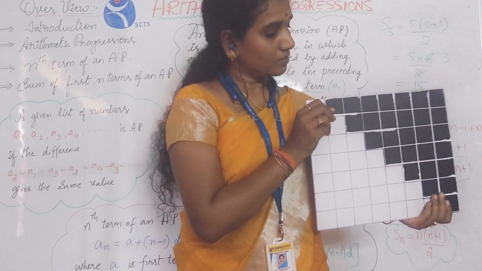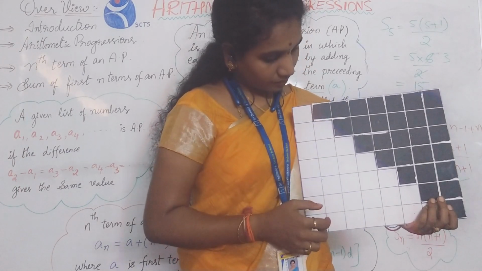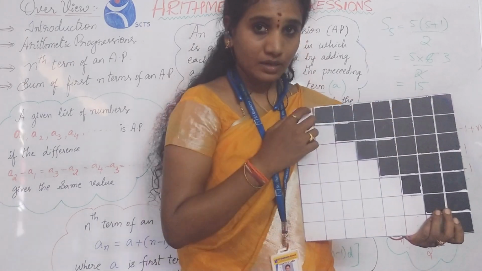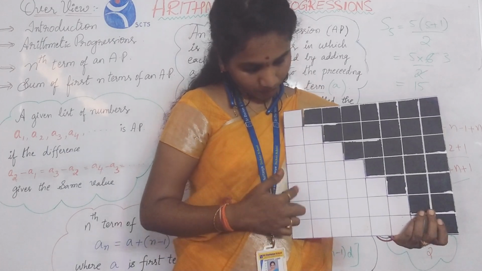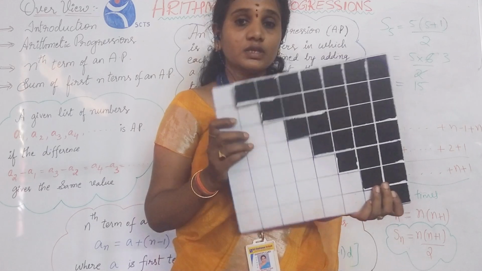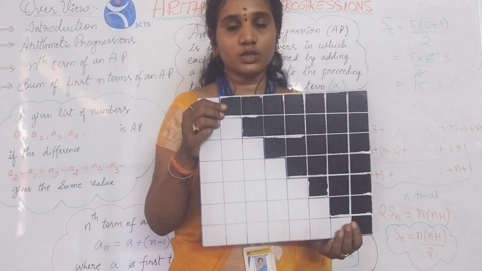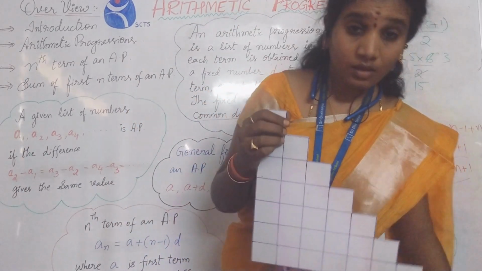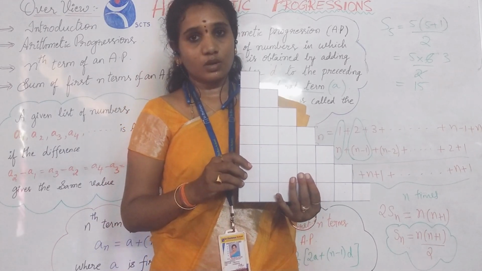Now if you observe, count the units of length and breadth. 1, 2, 3, 4, 5, 6, 7, 8. The length of the rectangle is 8 units, and 1, 2, 3, 4, 5, 6, 7. The breadth of the rectangle is 7 units. So the area of this rectangle is 8 units into 7 units, which is 56 square units. So as these are two equal halves, again the area of this part will be half of 56, which is equal to 28